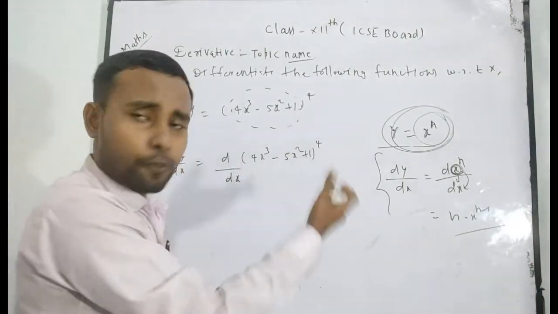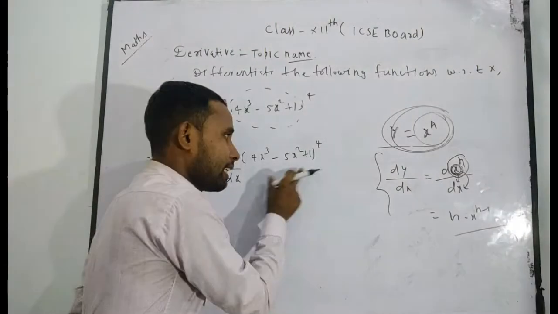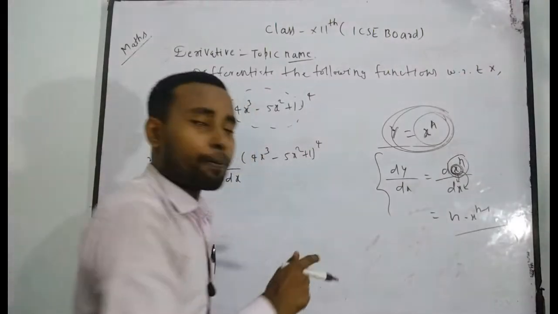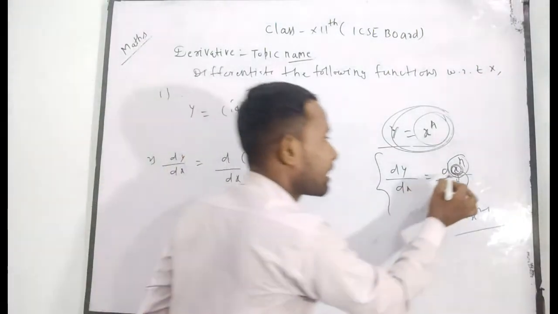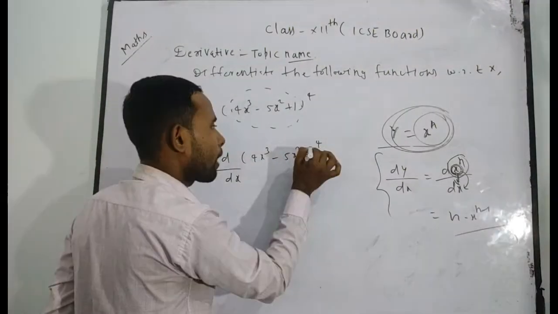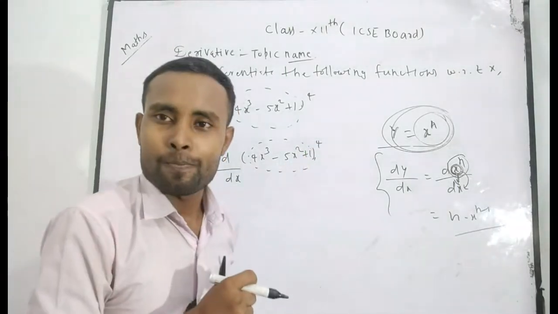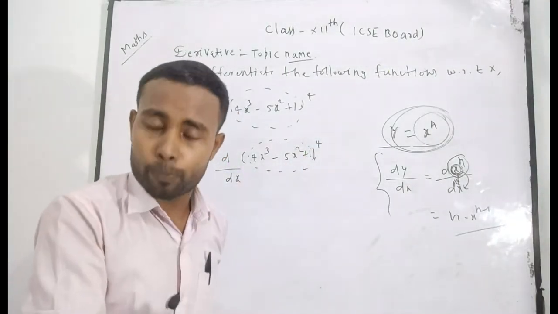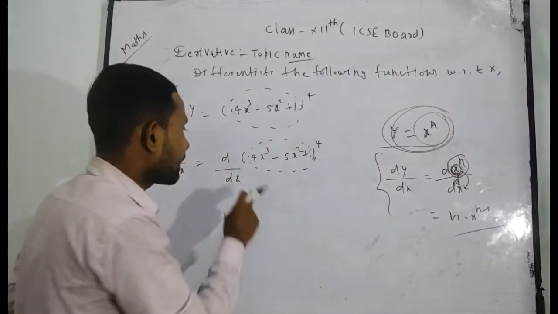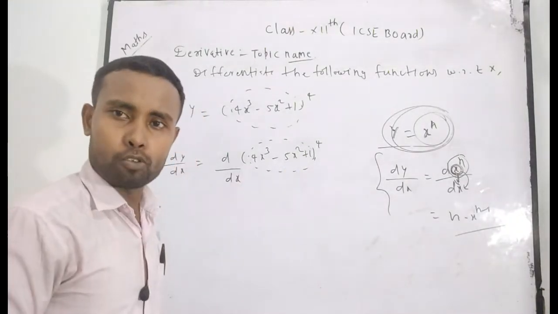This is in which form of function? X to the power n. If it is in the form of x to the power n, then it can be differentiated only in that case when there will be x. So here, suppose for a second that I take it as k. In that case, it will be k to the power 4. As you know, k to the power 4 can be differentiated only when there will be k, so I want to forcefully take k in the denominator portion.